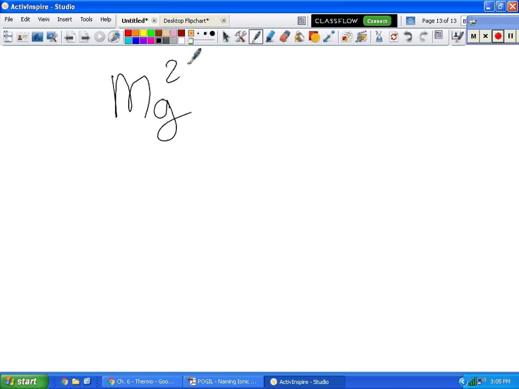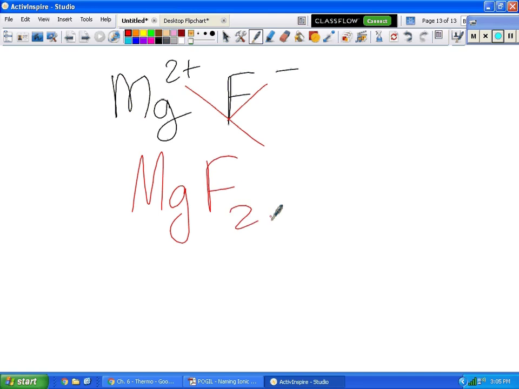Fluorine is in group 17, so what's its charge? -1. I'm doing the short method. I'm going to crisscross. So I've got MgF2. There's no other possible combination it could be. That is the only magnesium fluoride on the face of this planet. You with me? However, if I do this,